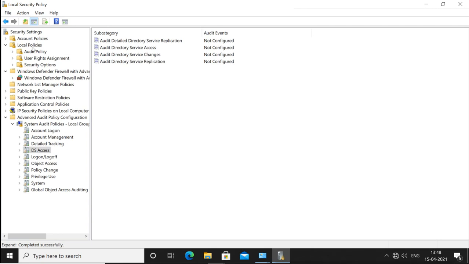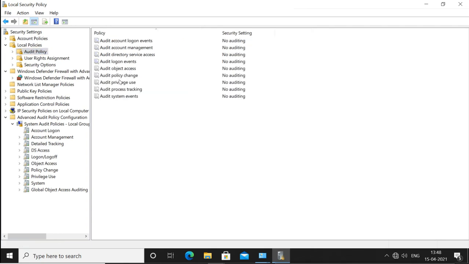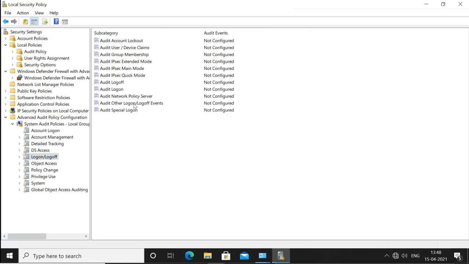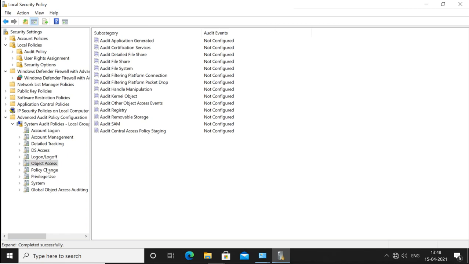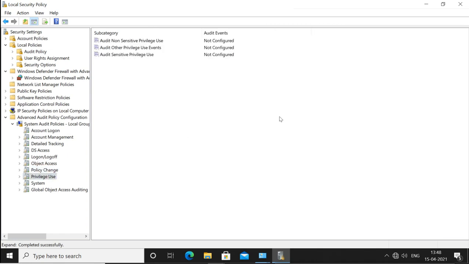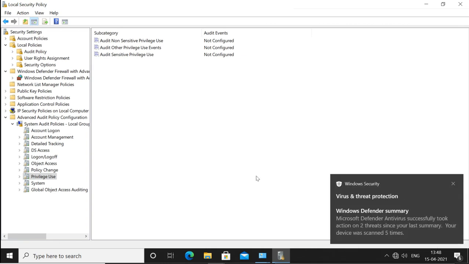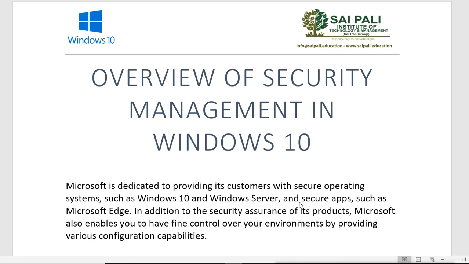These are simple policies, one policy is there, but in that one policy you have other policies available here in detail. So this is advanced audit policies. This is our security setting. This is just an overview of our security management in Windows 10.